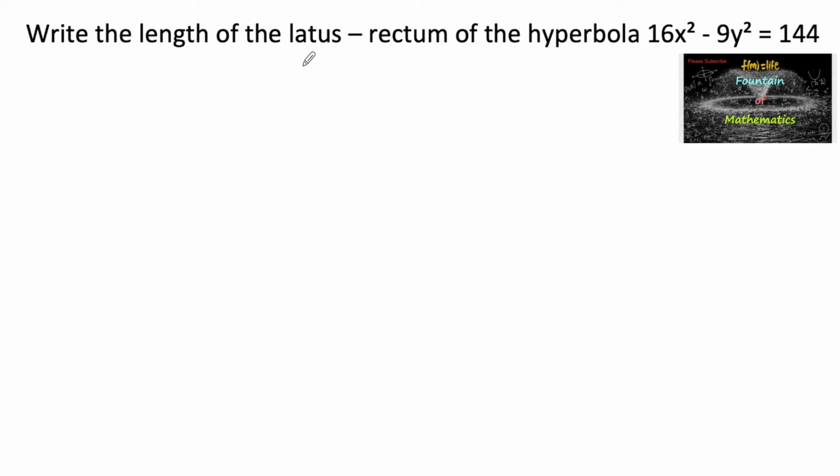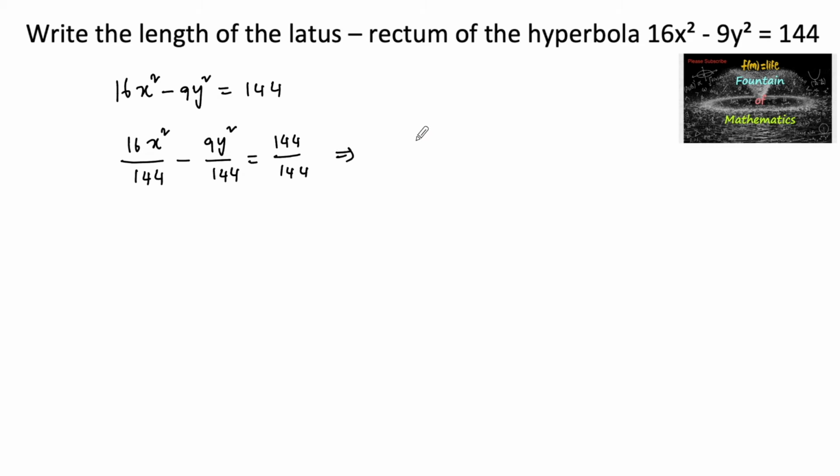Write the length of the latus rectum of the hyperbola 16x² − 9y² = 144, which can be written as 16x²/144 − 9y²/144 = 144/144. So x²/9 − y²/16 = 1, which is the standard form of the hyperbola x²/a² − y²/b² = 1, whose latus rectum length is